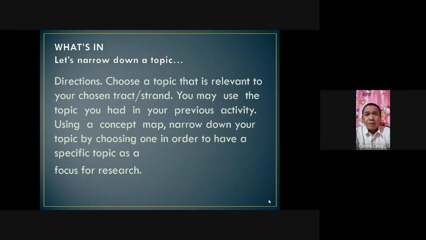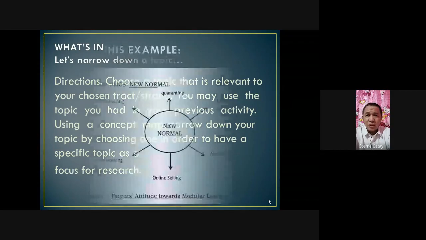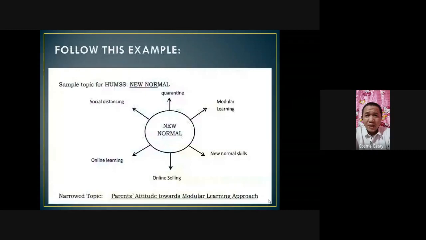We have a sample topic, Homes for the New Normal. So you have indicated the circle, then we have an arrow at both ends of the circle. So we have New Normal at the center of the circle. Then we have